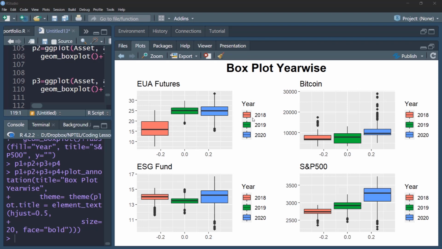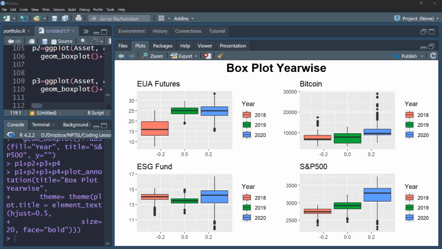You can put more focus here. In the absence of time, we are not doing it here, but you can spend some time looking at this graph, see what sense you can make or what you can infer about the distribution of observations. I have already explained how to interpret a box plot. So you can compare not only across years, but also across securities. For example, if you look at Bitcoin, there's a lot of scattered nature, which indicates there's a lot of volatility, particularly in the year 2020. In fact, in the year 2020, the blue one, there is volatility across all the securities because of COVID. So you can have a careful look at the diagrams and infer about the security prices.